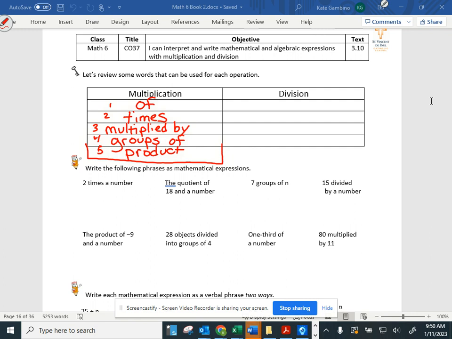For division, we know multiplying is the product. Who knows what word it is for division? We could say divided by. That would work, but that's not the word that we use that goes along with the product. Gigi? Divisible by. So you could say divisible. The word I was looking for is the quotient. Oh, I remember that. If you're asked to find the quotient of 2 numbers, it means we need to divide